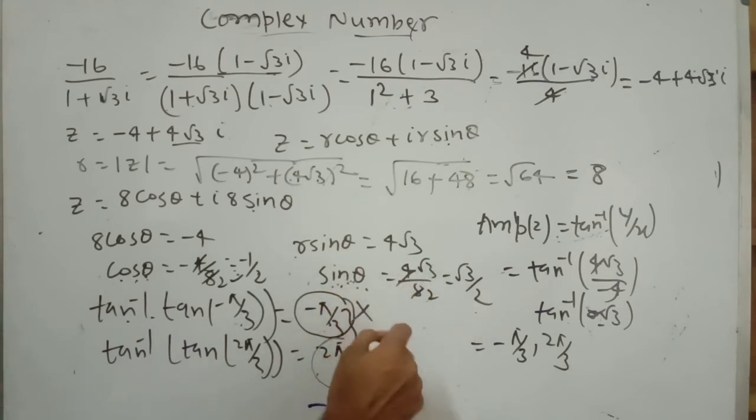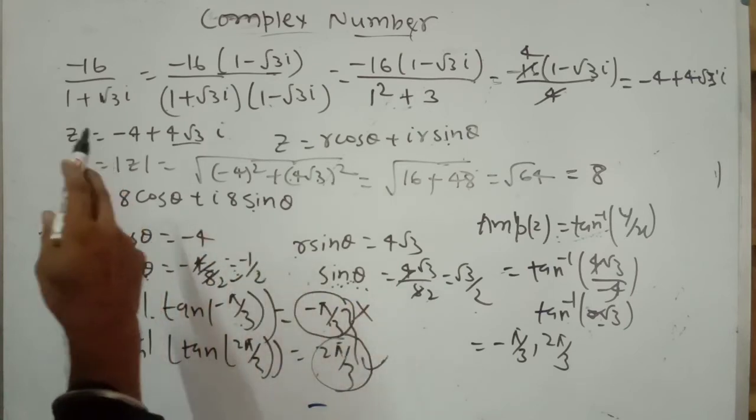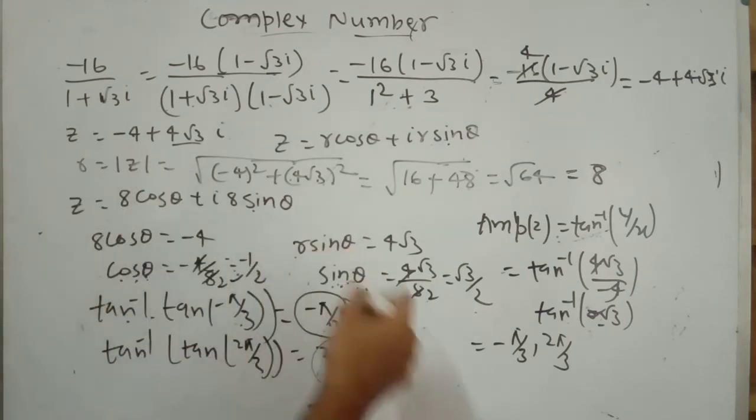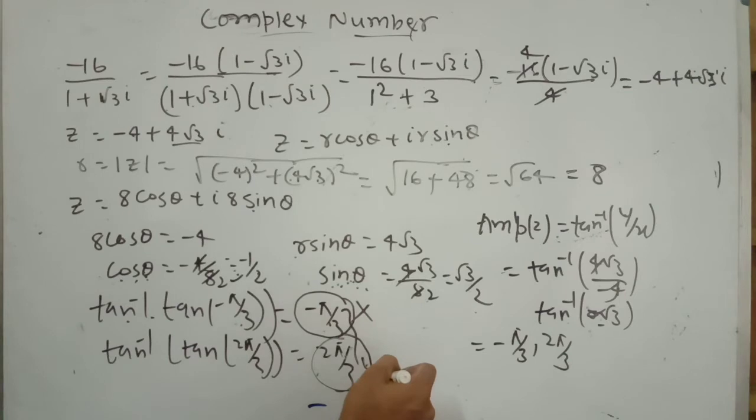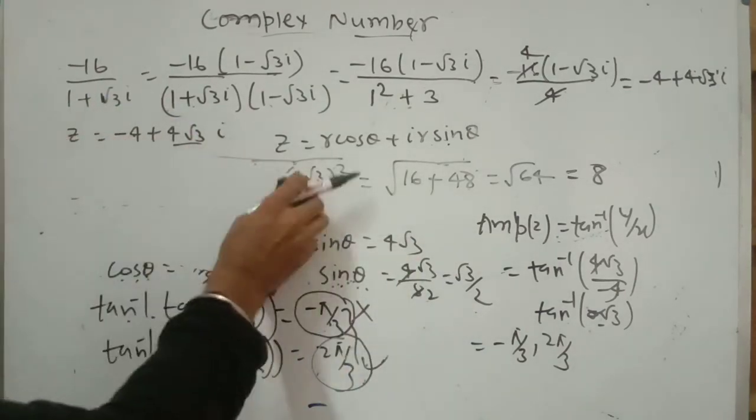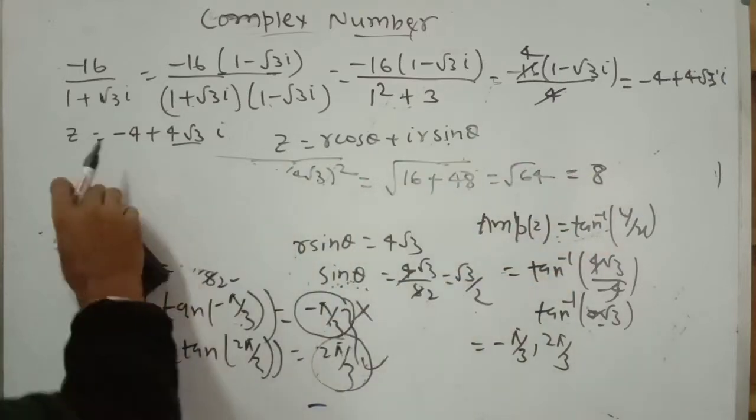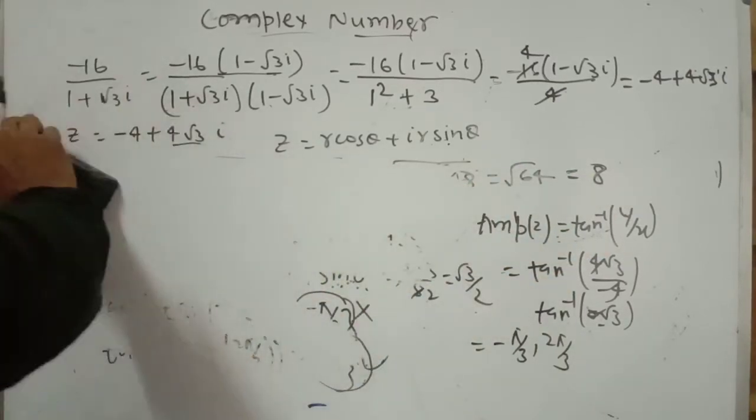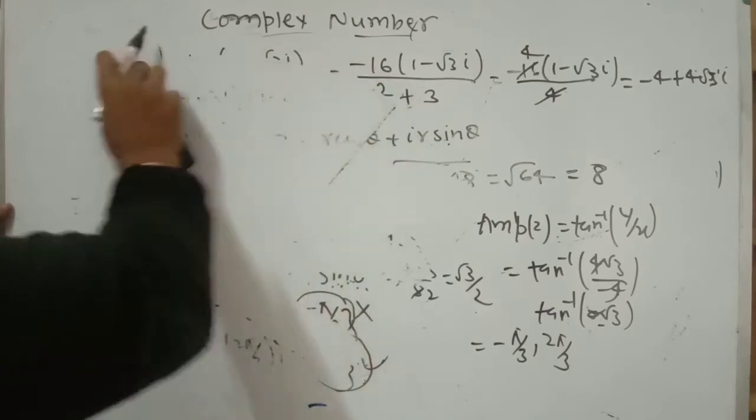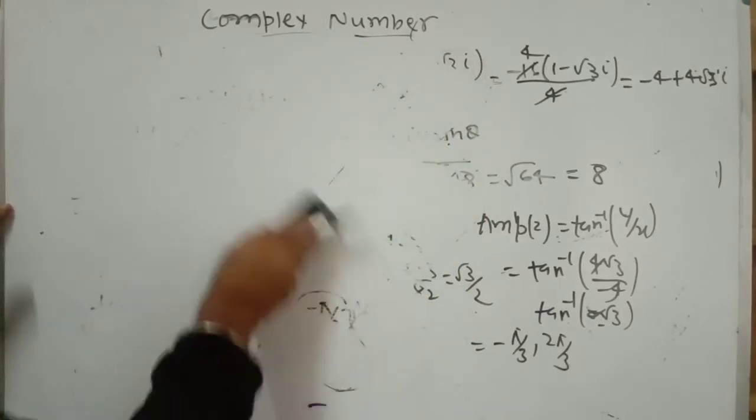So what is the argument of this complex number? The argument of this complex number becomes 2 pi by 3. Okay, and the magnitude is very simple, it is already 8. Now we are going to explain properties of